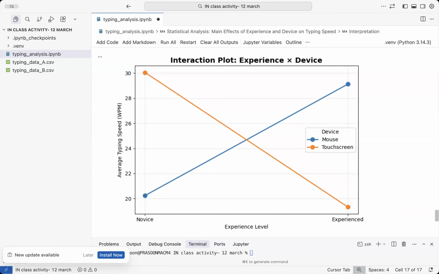your study is not lost. All hope is not lost. You can go back to your advisor now because you've discovered something really interesting, right? The time you spent running this experiment was not wasted because there are very strong effects here. They just are not visible if you look at the averages, right? Very strong effects of both device and experience, just they cancel each other out. They're in opposite directions.